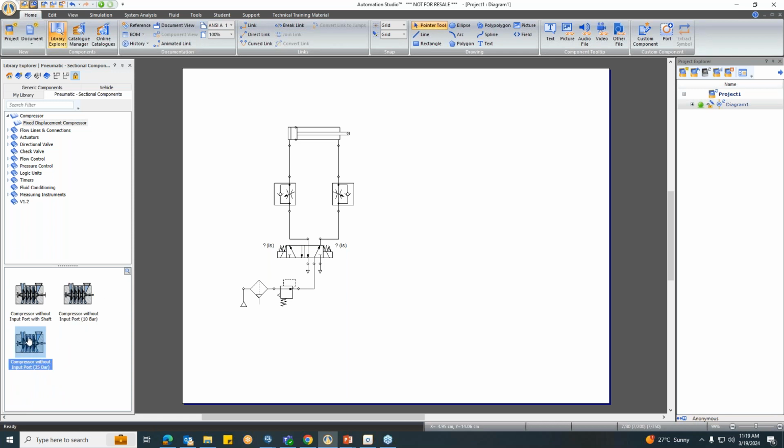Okay, so I will take this compressor without input port in this way. Then here you can see there is a pressure source, a filter, a manual drain filter, and a pressure regulator. Okay,